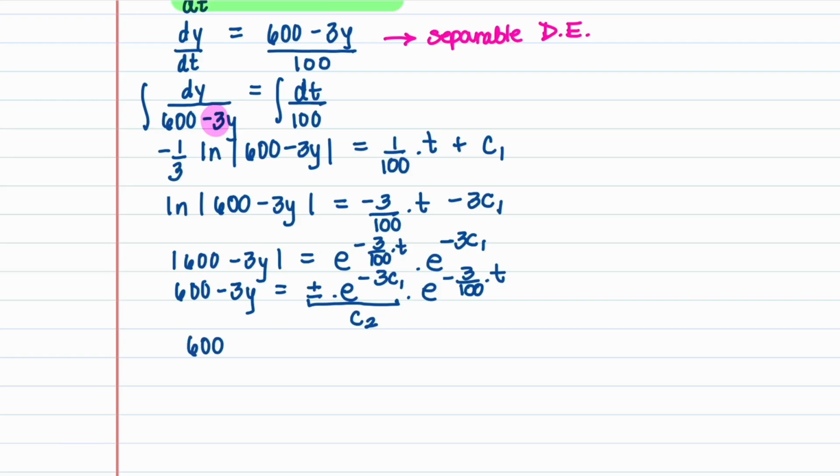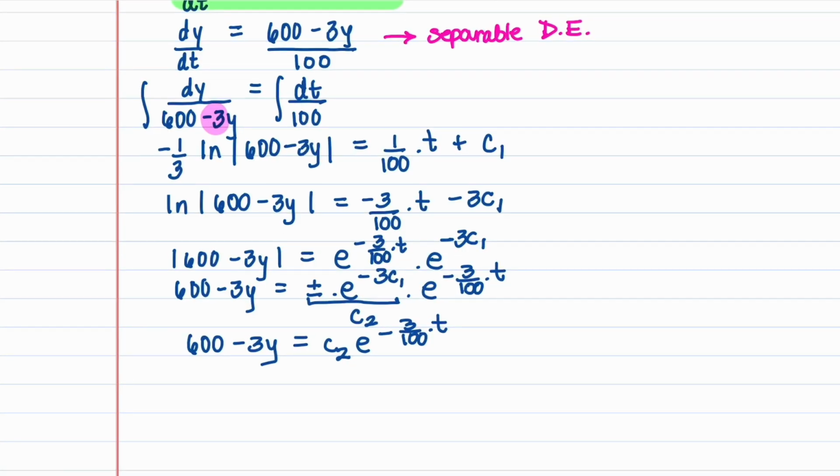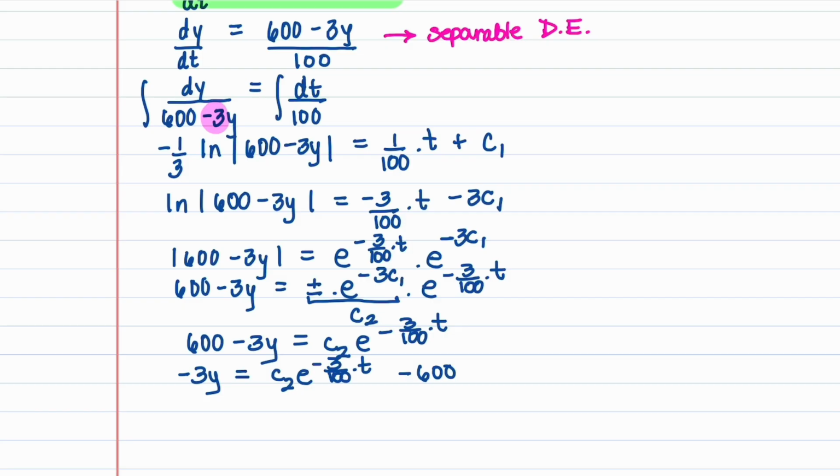Let's first write 600 minus 3y is equal to C2 e to the minus 3 over 100 times t. Let's pull the 600 over to the right. So we have minus 3y is equal to C2 e to the minus 3 over 100 times t minus 600. And then we'll divide by minus 3. And we get y is equal to C2 divided by minus 3 times e to the minus 3 over 100